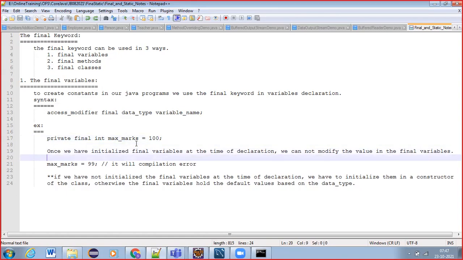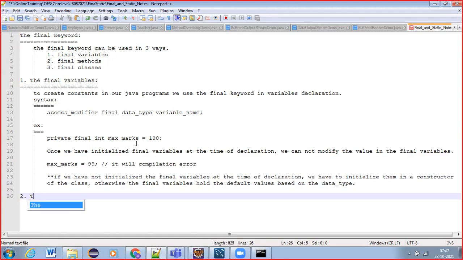Yeah, guys. Now the final methods. Final keyword with the methods.